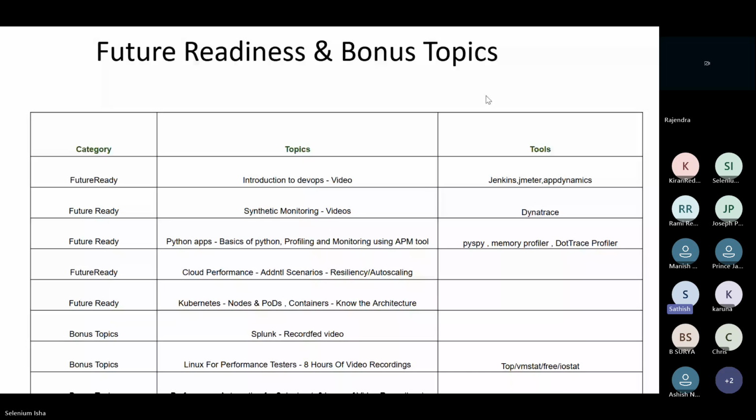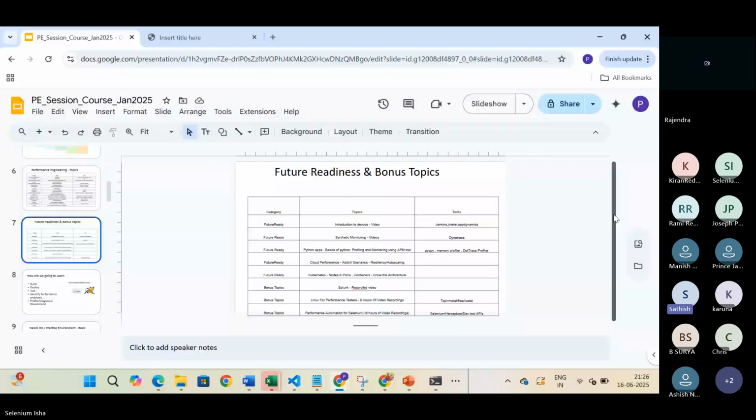On top of all these engineering sessions, you will have all the future-ready topics taken at the end. Additionally, you will get some videos as well. One is on Linux for performance. It's 6 to 8 hours of video,